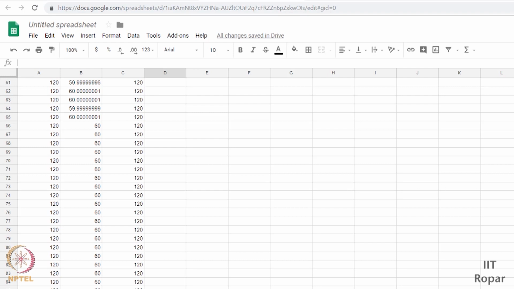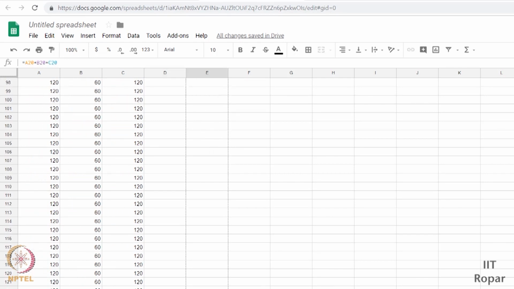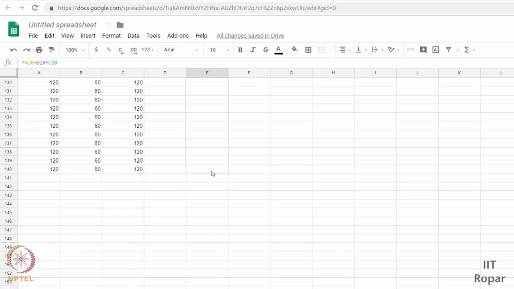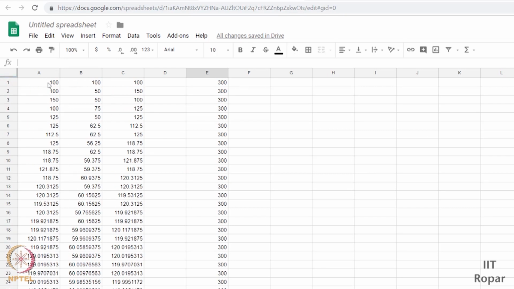And if you want to see the sum, let us extend and see it. Alright, so till here. See, the sum was 300 from the beginning till the end. And after some time, the exchange of points keep happening. So see, we initially began with 100, 100, 100 equally. The 300 points were equally distributed to the three parties.